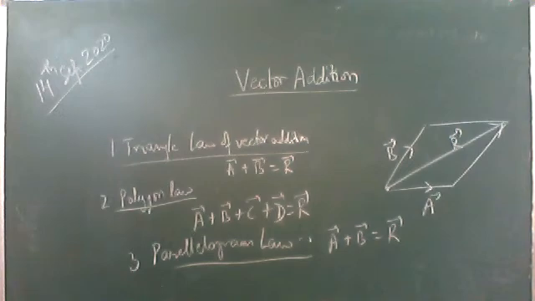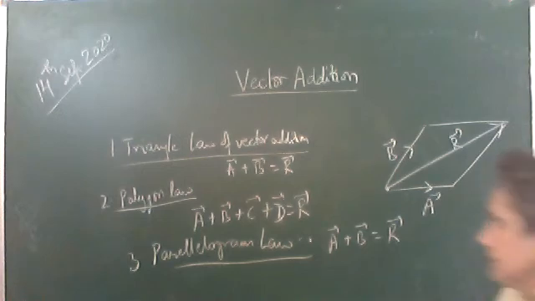Okay, so these are the 3 laws of vector addition. Statements here we have studied. Now, analytical treatment, that is mathematical treatment, here we'll study. Mathematical means the magnitude of two vectors may be given, the angle between the two vectors can be given, and you can find out the magnitude of the resultant and its direction. So now we'll study the analytical method of vector addition. Some formulas we will derive for the magnitude and the direction of the resultant.